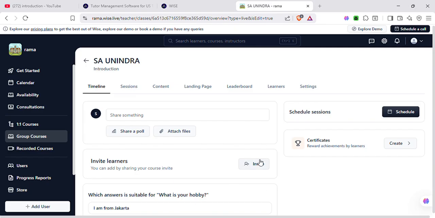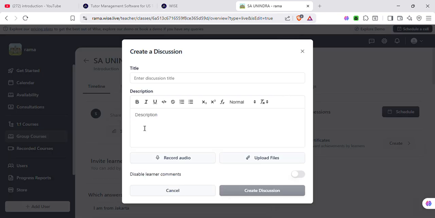And then the next is we will create an essay assignment for the students. In this activity, I will ask them to introduce themselves by writing their self-introduction in the comment section. So we click share something again, and then the title is task 1. Description is: write an essay, write a short self-introduction